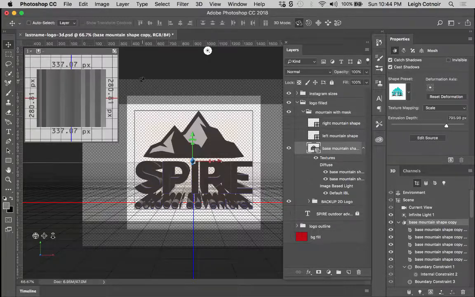All right, and so there are a couple of things right off the bat that I want to kind of go over before we start mucking around with this. All right, because it's a pretty confusing space if you've never done anything with 3D before. All right, so first of all, there's some basic things that I want to talk about in terms of these panels. Layers, anytime you want to make sure